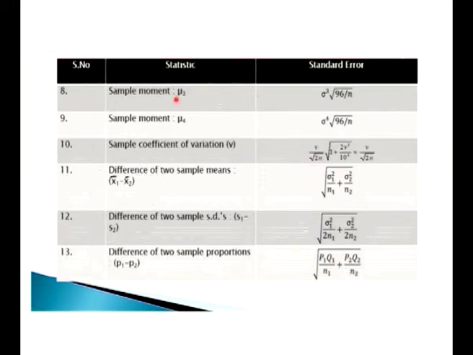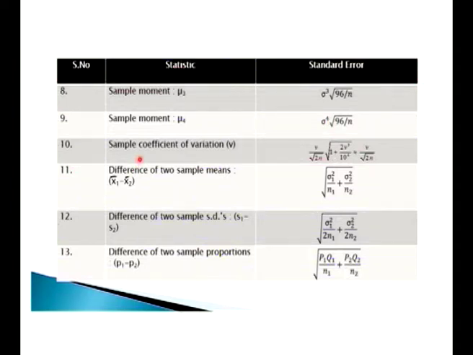If the statistic is sample moment mu3, sample moment mu2 is nothing but sample variance, we have seen S square. So, sample moment we will talk from mu3. For mu3, the standard error is sigma cube root of 96 divided by n. And if the statistic is sample moment mu4, then standard error is sigma power 4 into root of 96 divided